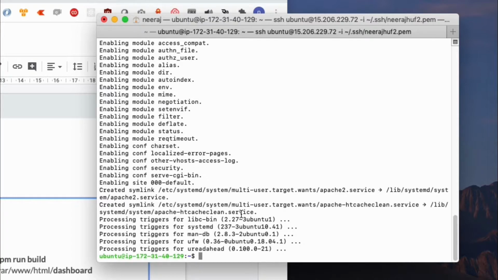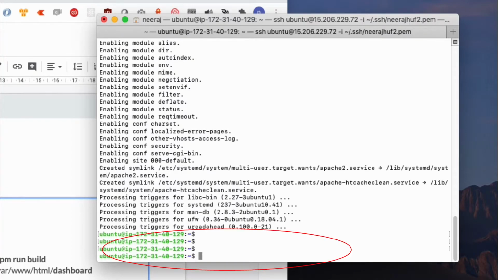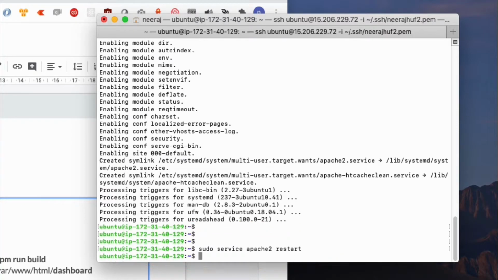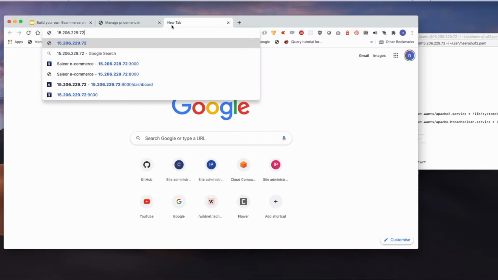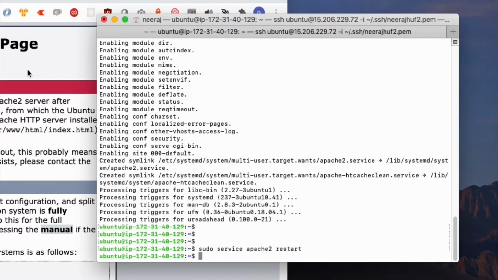So I have successfully installed Apache. Let's restart Apache. And I can verify if my Apache is up. Yeah, so I can see this IP is serving my Apache. So my Apache is up.